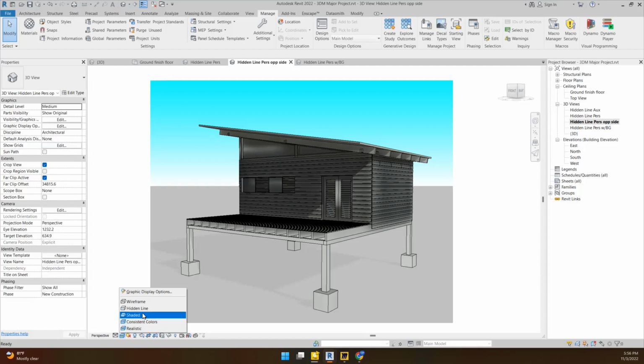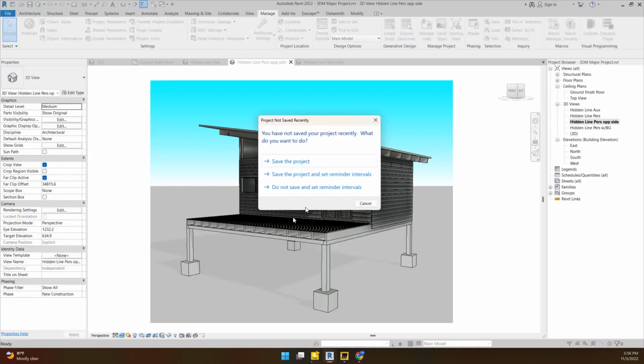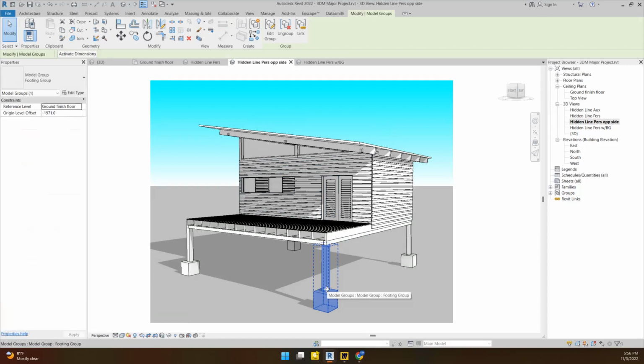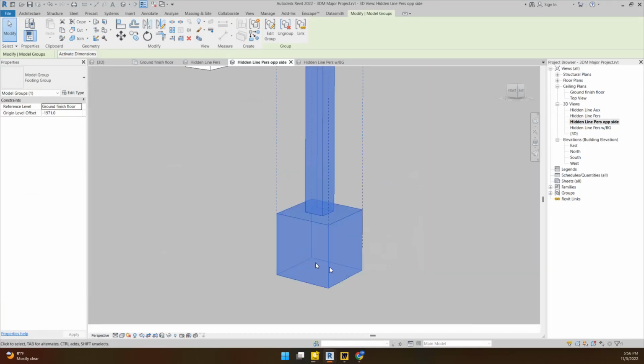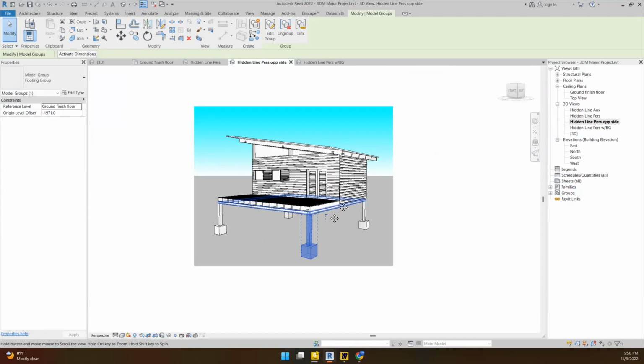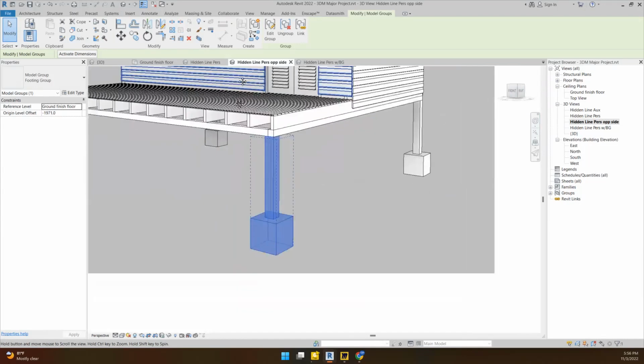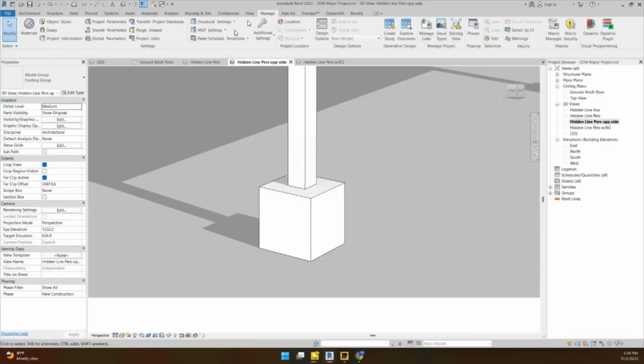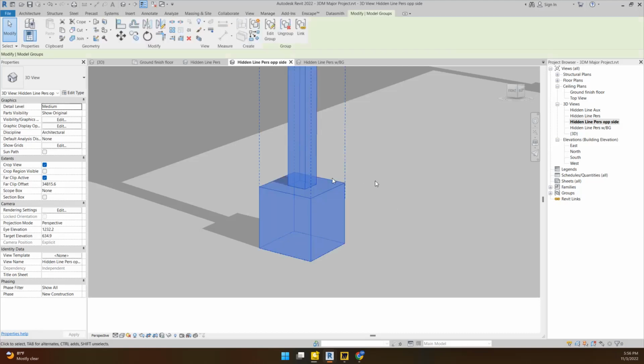Because if you think about it, let's say that I wanted to add some materials, let's say on this base right here, right? Now, if I zoom in here, I notice that when I'm panning around, it doesn't change my perspective view. So that is, I guess you could say, a plus. And if I go to modify, and here's the trick, guys. If I wanted to add materials to this object,